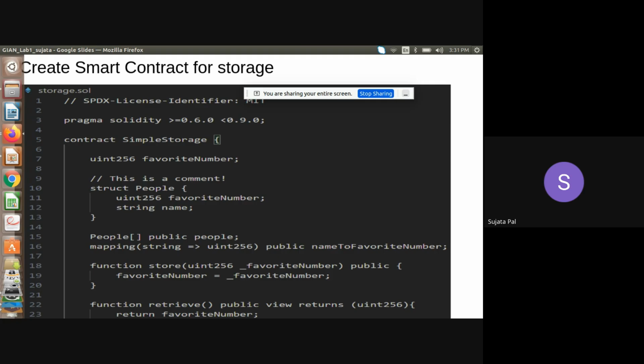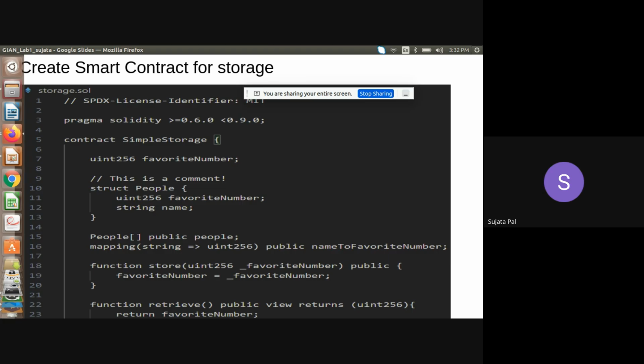You will have multiple options for deployment. You can use Python, Java, and one more language is there. I forgot its name. So there are multiple languages for deployment, but for smart contracts, we only have Solidity. If you have to write a smart contract, you have to learn the Solidity language.